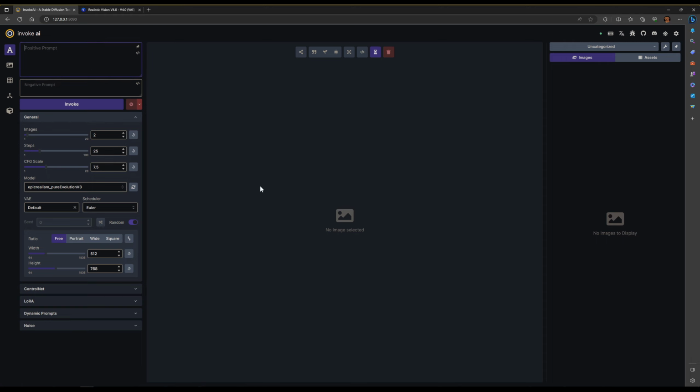Right, let's try something, and then we can see it happen. If you don't have any further models, by the way, don't worry, we'll get to that now. You'll probably just start using the 1.5 and the 2.1 Stable Diffusions, which were pre-selected as we were installing this. So hopefully you selected those and you've at least got these to work from. But now I'm going to work from Epic Realism and just say photo of,